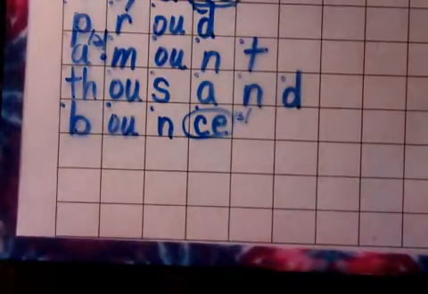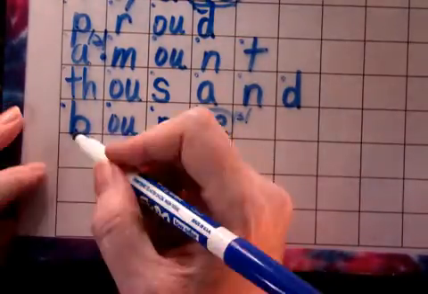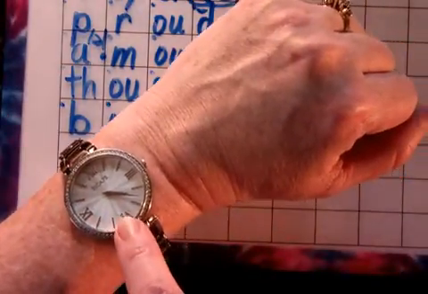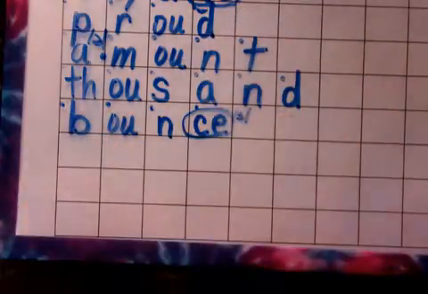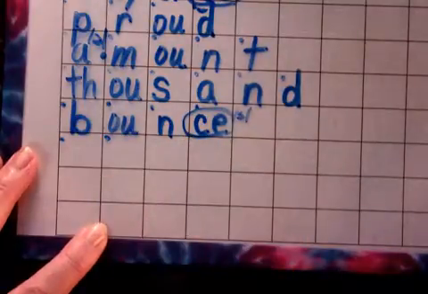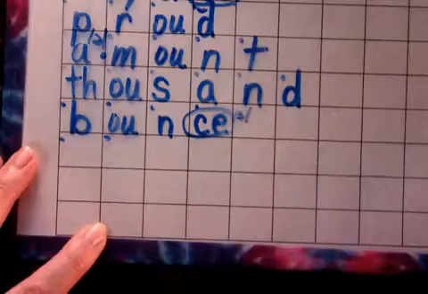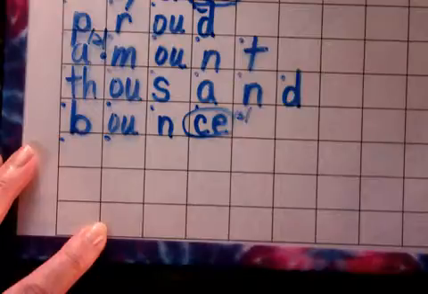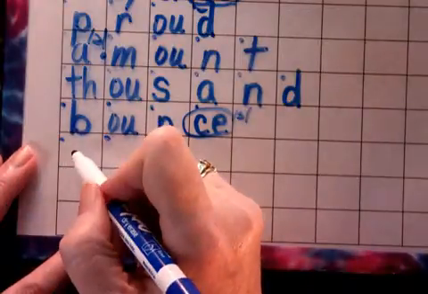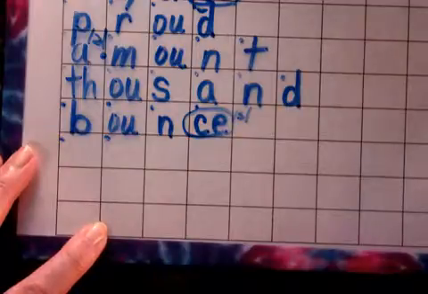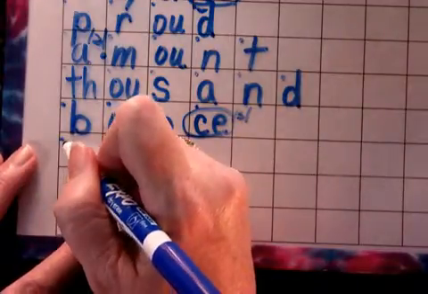The next one I had to look up in a few different sources. It's hour. My watch tells me what hour it is. Hour. It's two sounds. Now, because of its word origin, it comes from Latin, and in some of the dictionaries it had H in parentheses. In other words, it's written but it's not said. And that's the same thing for our word. The H is written but it's not said.